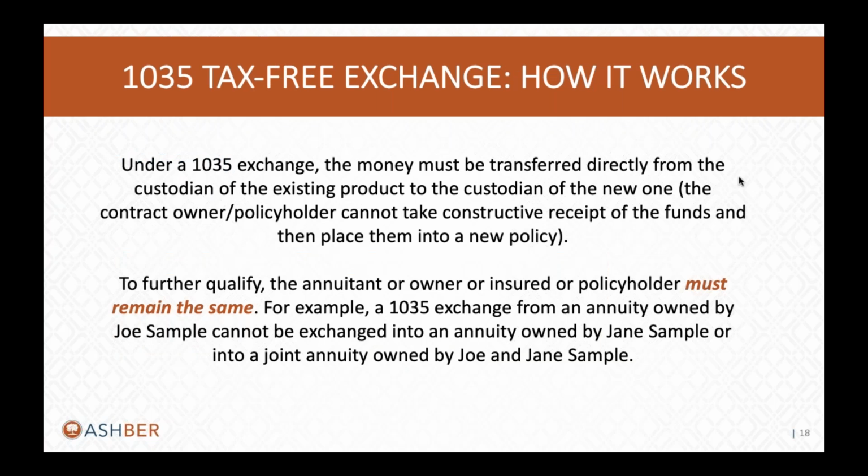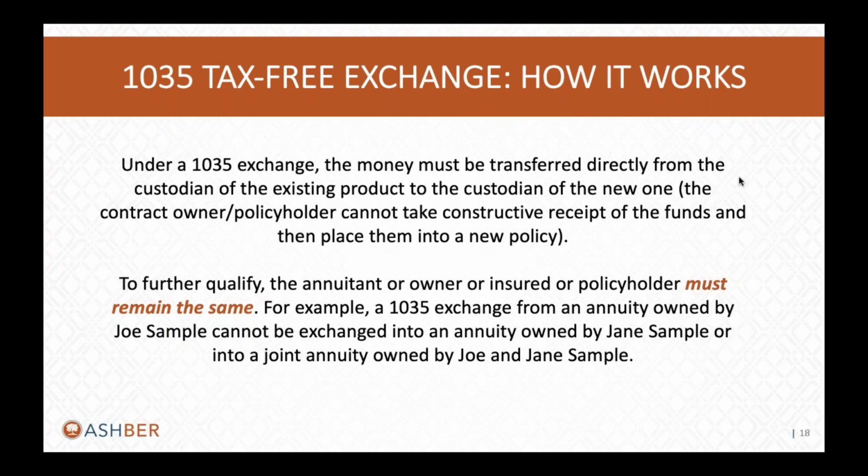Under a 1035 exchange, the money has to be transferred directly from one custodian to a new custodian. So the policy owner, unlike when we're doing a 60-day indirect rollover with IRA dollars, cannot actually take receipt of the funds when we do a 1035 exchange. So the money must go directly from, if the money is with Allianz, for example, to John Hancock, that exchange must happen directly from one custodian to another without the policy holder actually receiving any of the money from the